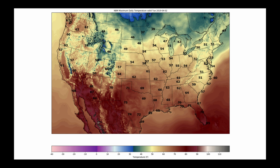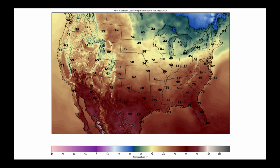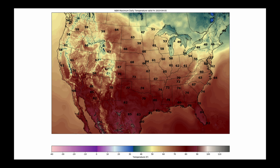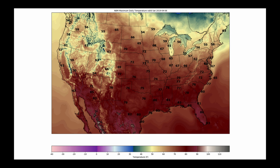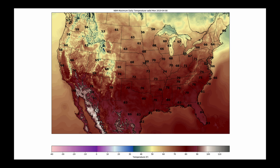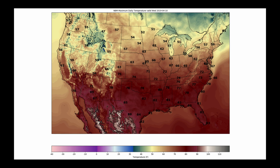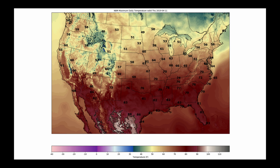Monday's highs, Tuesday's highs, Wednesday's high temperatures. Now, watch after Wednesday. Ready? Thursday, Friday, Saturday, Sunday, Monday of next week, Tuesday, Wednesday, Thursday, and when you look at these maps, you have seen the removal